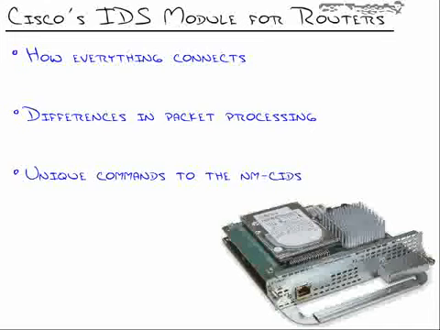We're going to talk about how everything connects. What differences does it have when it comes to the packet processing? Does it do anything different? I mean, how does it handle, for instance, VPNs terminating on the router or access lists that are on the router? And then we'll finally look at the unique commands to the NM-CIDS, because there are a few commands that we have on this that we do not have on appliances, primarily to handle, for instance, you don't see any power switch on there, so you have to reboot it,